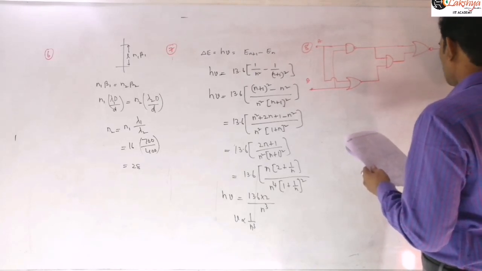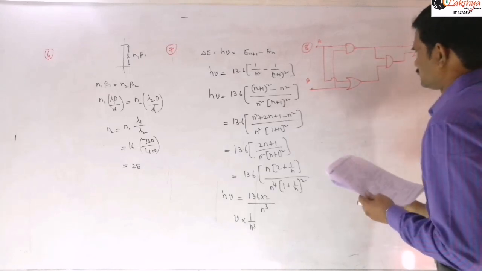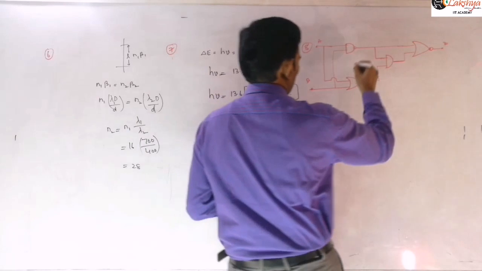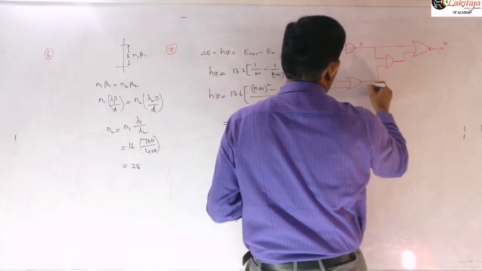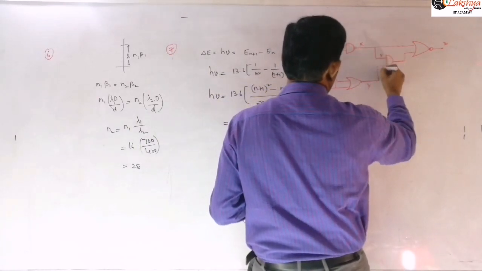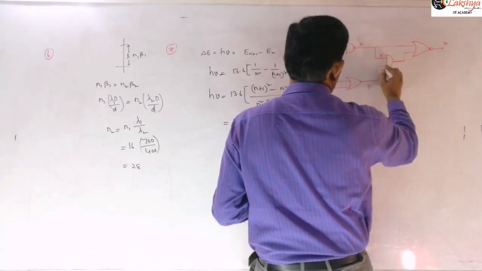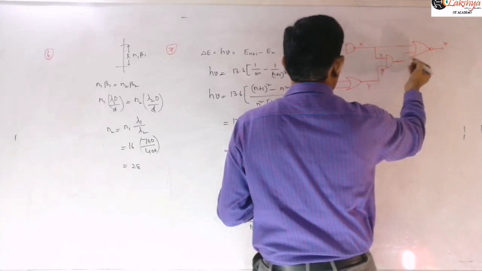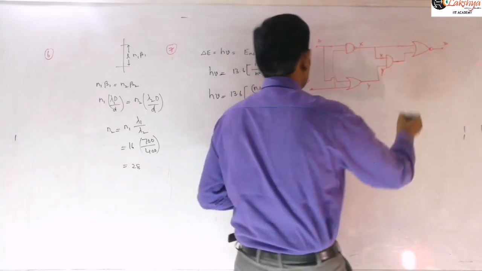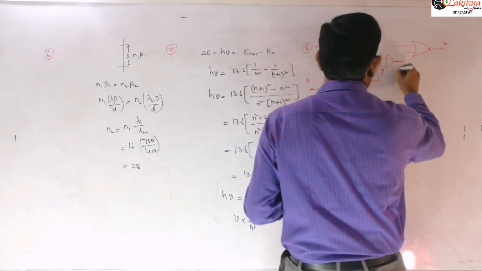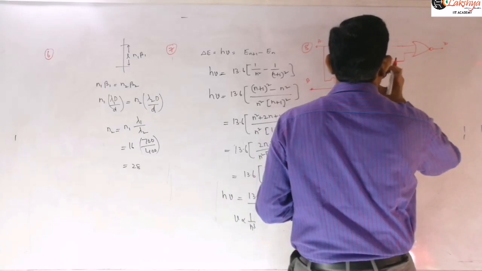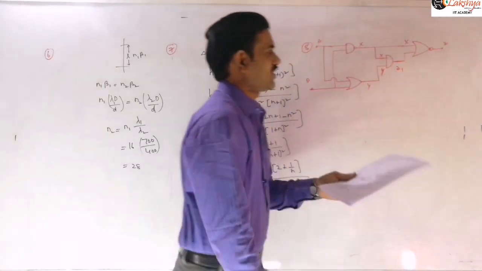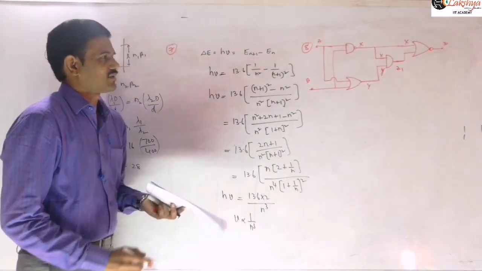So this is our final Z output. Now let us take some X I am taking here, and suppose that this is Y, so this is X and Y, right? And then this will be some Z, let us take here. I am taking it as some Z1. So this is our X, so X and Z1. So the final output is Z they are asking there, right?